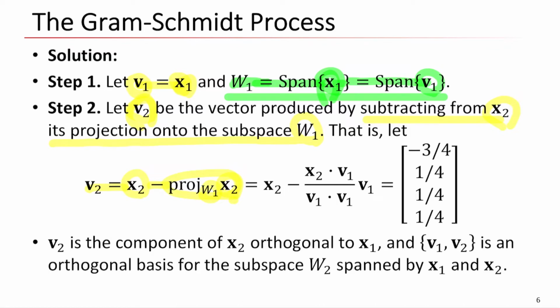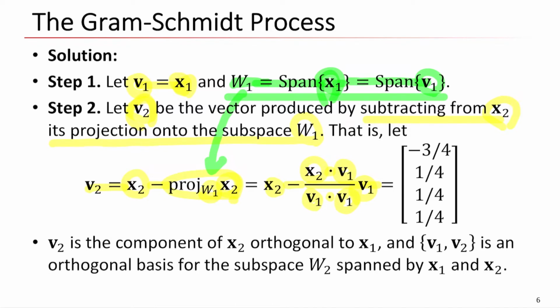How can you do that? Because W1 is spanned by x1 or v1, we can compute this: x2 minus the dot product of x2 and v1,